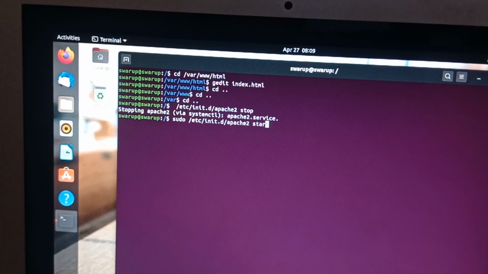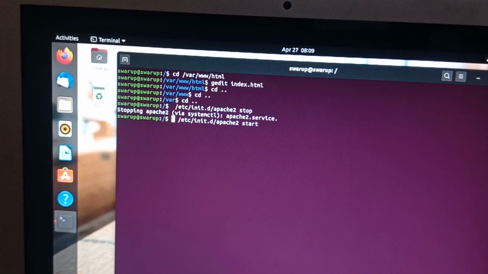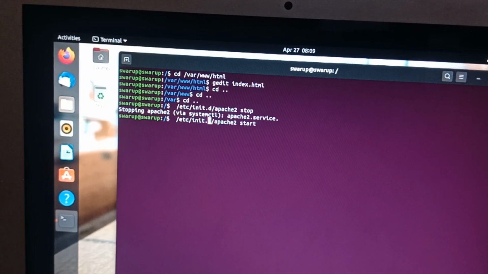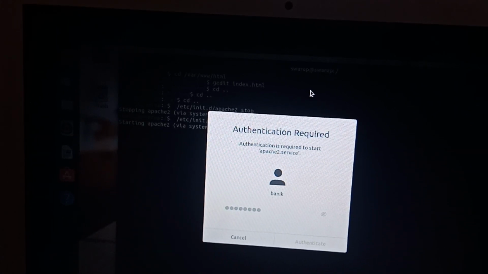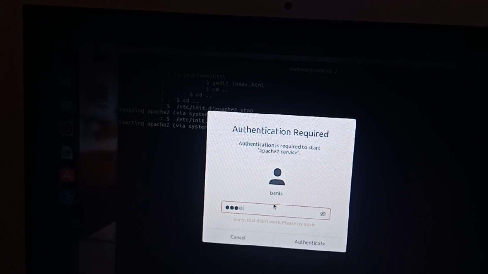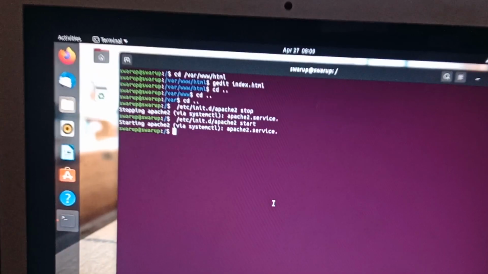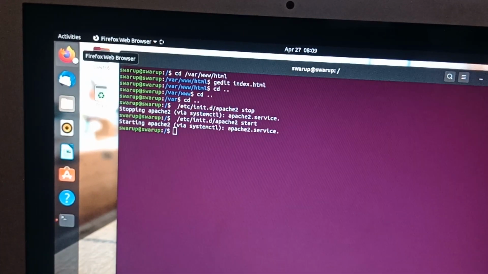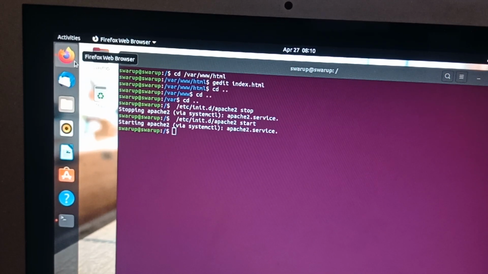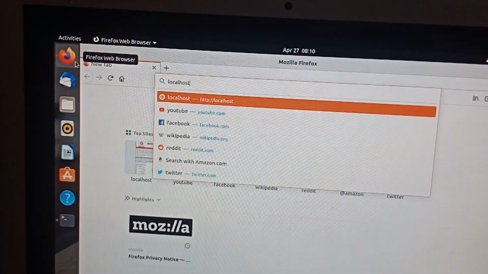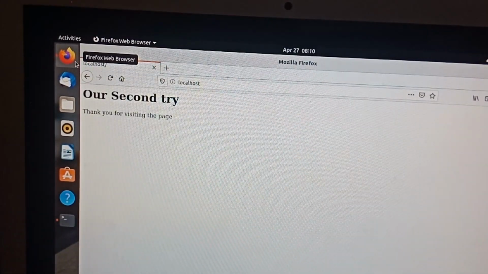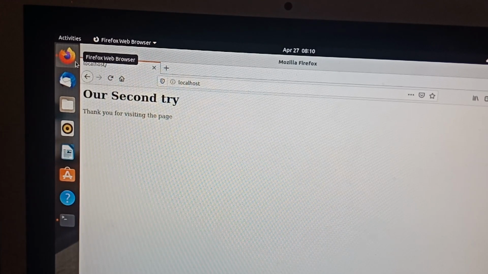And go to the web browser and check it. So it's showing our second try. Thank you for visiting the page.